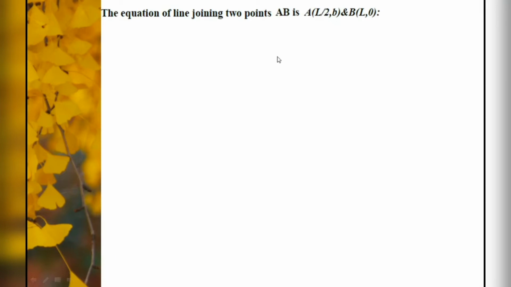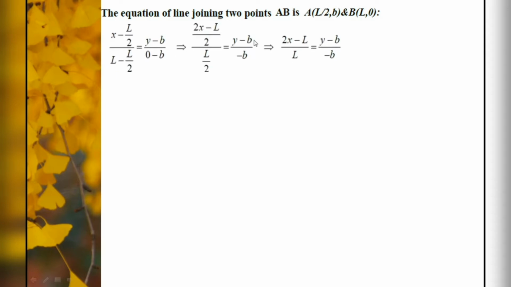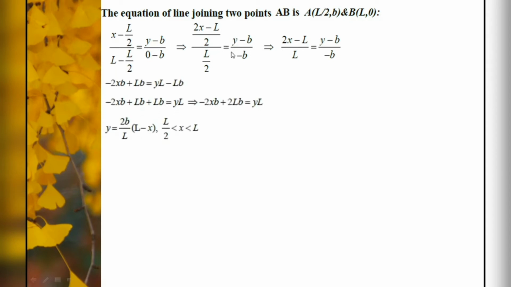AB is nothing but the equation of the line joining the points L by 2 comma b and L comma 0. So now in the same formula, we have to substitute x1, y1 as L by 2 comma b and x2, y2 as L comma 0, right? So in this, after substituting and simplifying the terms and by cross multiplying,